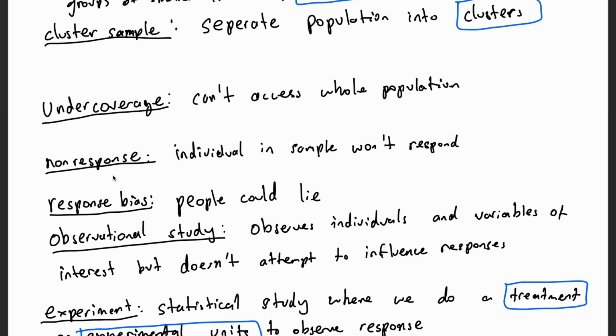And non-response is essentially when an individual in a sample won't or can't respond. Response bias is where, maybe when you're asking a question for a survey, you phrase something weirdly, or you ask a question that people might not want to answer truthfully, and that could lead to response bias. For example, if you ask a student whether they cheated on a test recently, they will probably lie, even if they did, and that could lead to response bias. Anyways,